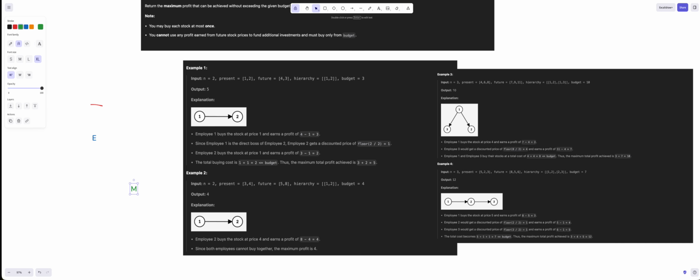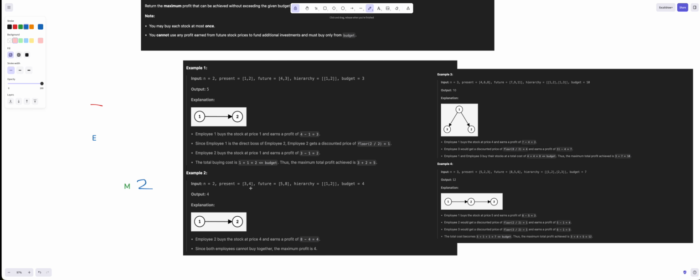So let's say the manager buys at the present price of 3 and then sells it back at 5. The maximum profit we could get here is 2 if the manager buys, because 5 minus 3 is 2. And since the manager buys, we can get the employee stock at a discount price, which is 50%